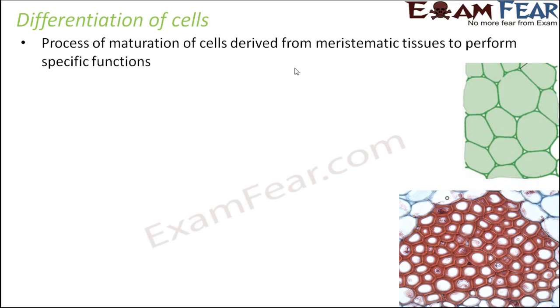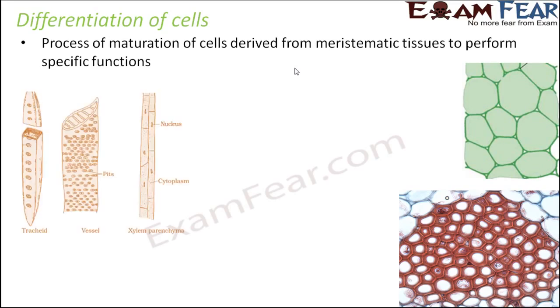Now parenchyma cells, their main function is to act as the packing tissue as well as for storage of food. So they have intercellular spaces amongst themselves. So these cells, during the process of differentiation, need to attain this kind of a shape so that they are able to perform this function. Similarly, if you talk about the sclerenchyma cells, they are mainly for mechanical support. So they should have thick rigid walls. So some daughter cells which were formed should mature in this way so that they attain this kind of a structure like sclerenchyma cells,